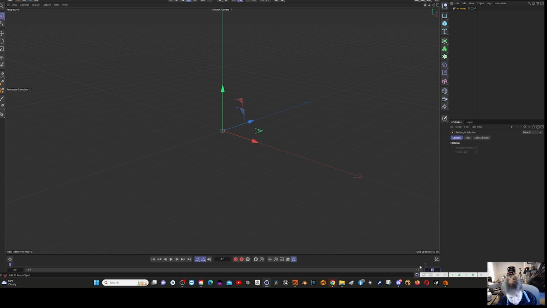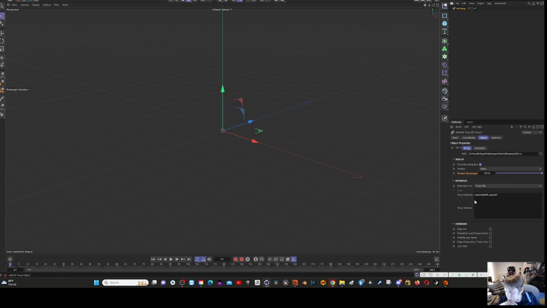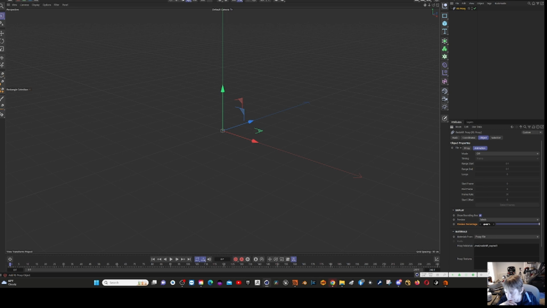There we go. And what we're going to do here in animation is turn it to simple. Detect frames. It's going to detect those frames, the frame rate. And when we run this,